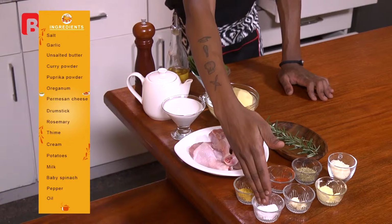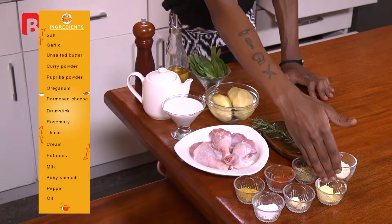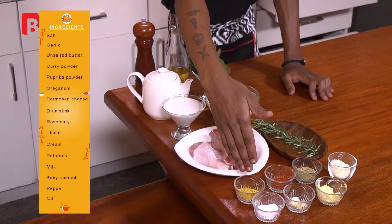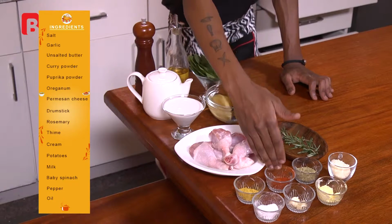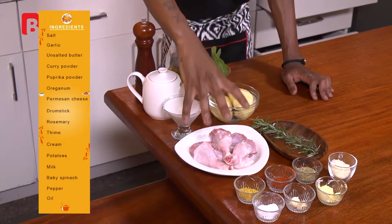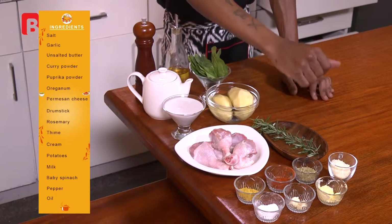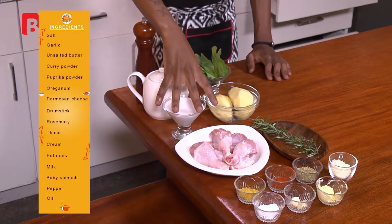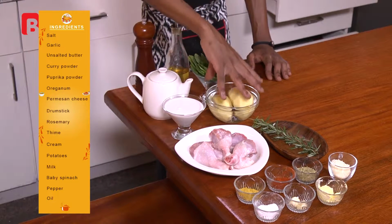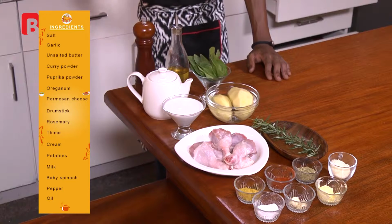So from the front, I've got some salt, two cloves of garlic, and some unsalted butter. I'm also going to be incorporating some curry powder, some paprika powder, some dried oregano, and some Parmesan cheese. You'll also require about 5 drumsticks, some rosemary and some thyme, of course fresh. You'll also require about half a cup of cream, 2 large potatoes peeled and soaked in some water, some milk to make your bake with, some baby spinach, some pepper to crush, and last but not least, some oil to